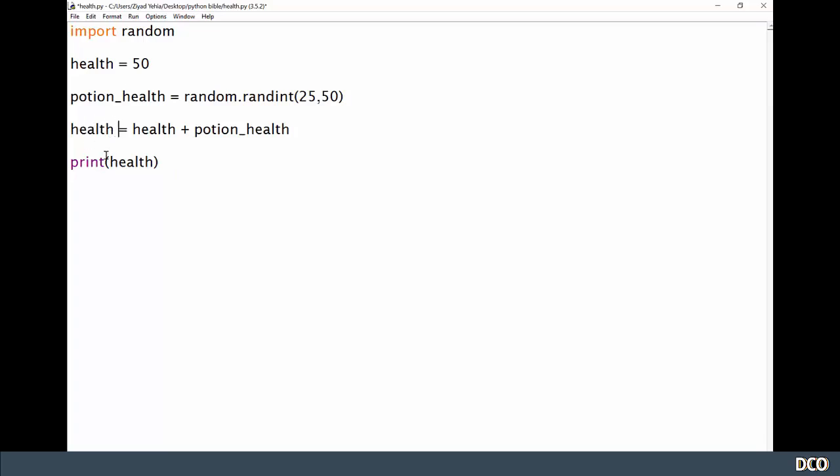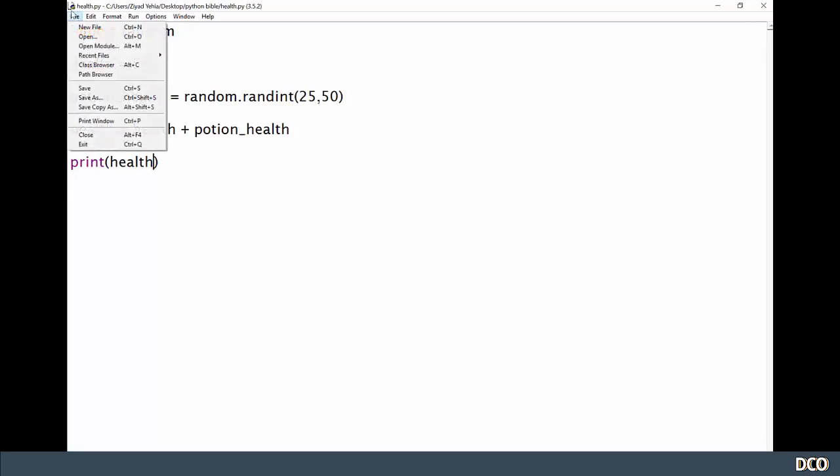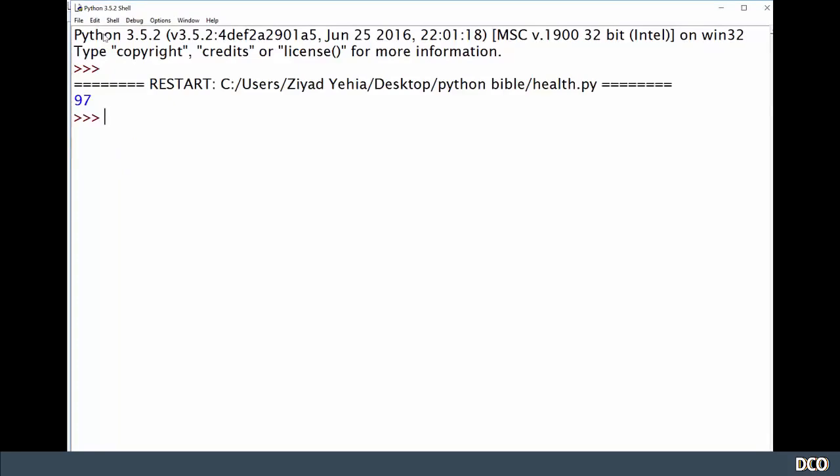Now, to print that out, we just have to type the variable name. So Python's going to look inside the box called health, get the value, which let's say it's 70 or something, and when we print it, it's going to show up on the screen. So if I save this file by pressing Control and S, alternatively you can go File and Save if you're old school, and then we can click Run, and what we see is 97 pop up on the screen, which